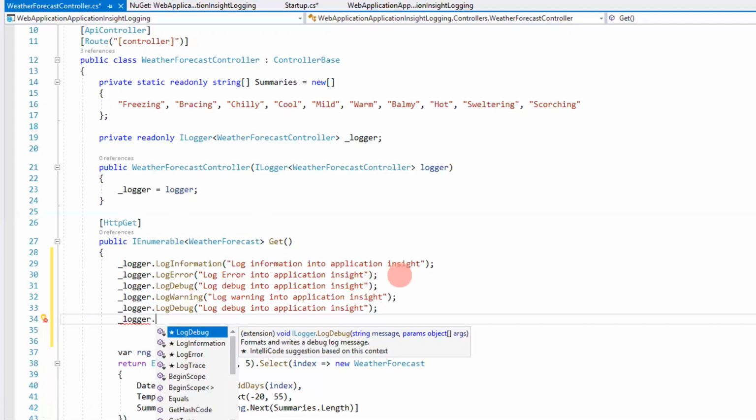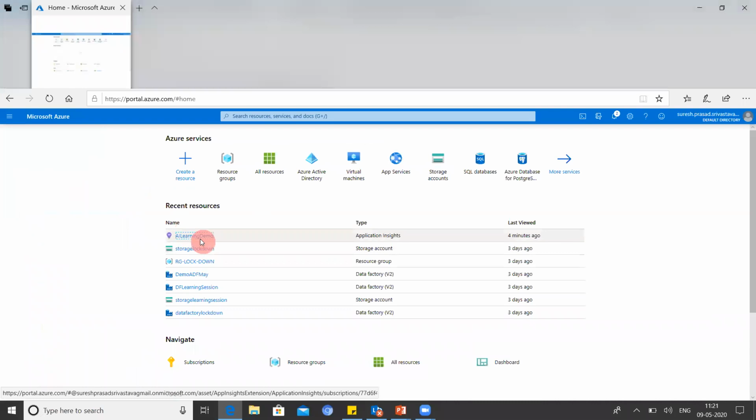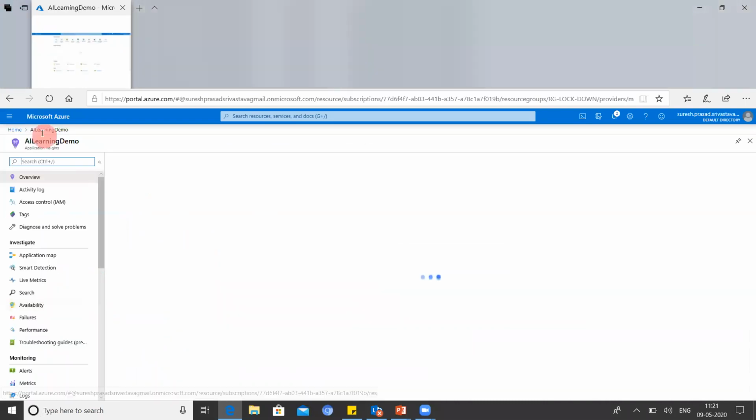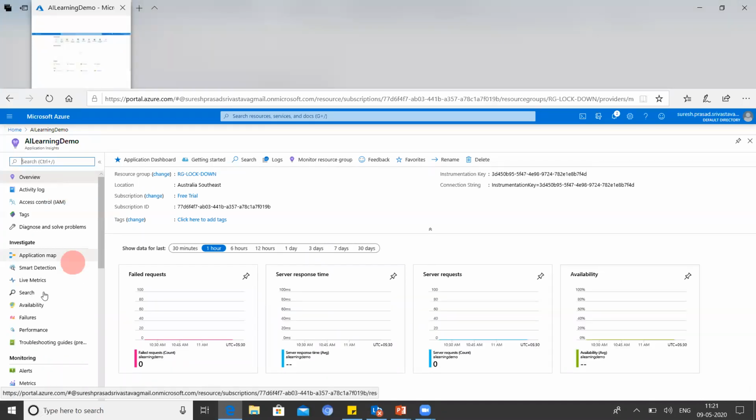So now let's go to the portal and see how it will look and how we can search it. So once again, I will be going to application insights, and this is the application insights whose key I had configured in my project.